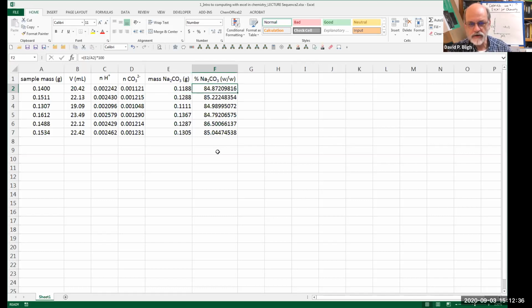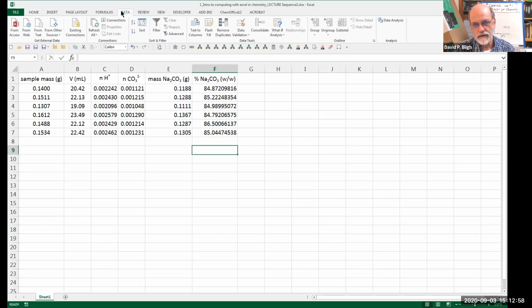Okay, so now we're going to do data analysis. So I want it to be, let's see, if I put it in this cell, then it implies that the data analysis is for the data that's above. So we're going to analyze this data. All right. So if I go to the data tab and then go to data analysis,